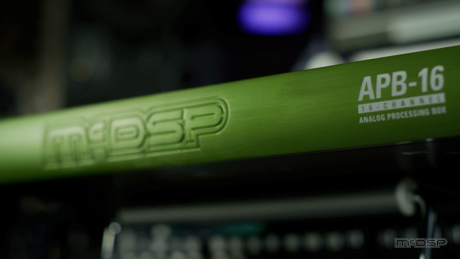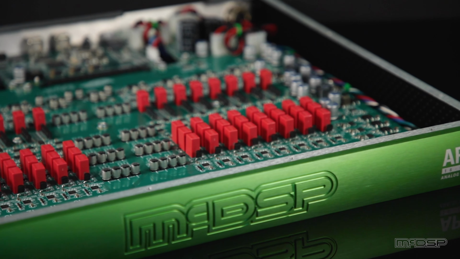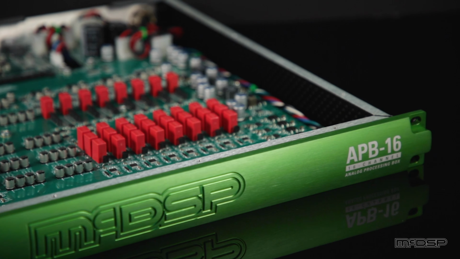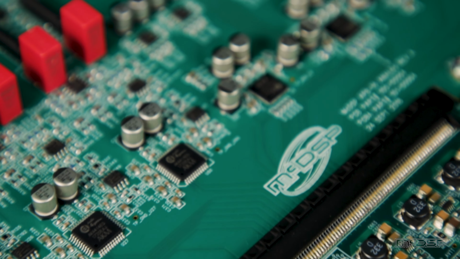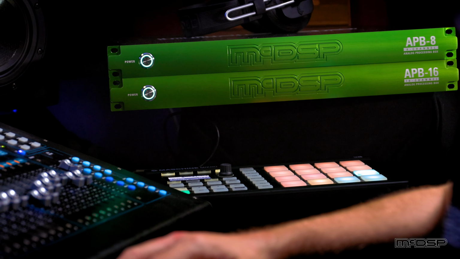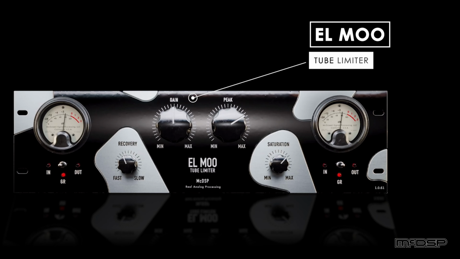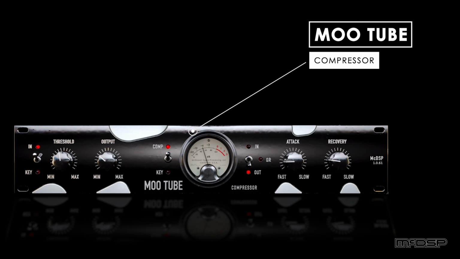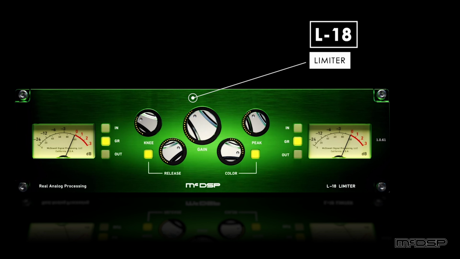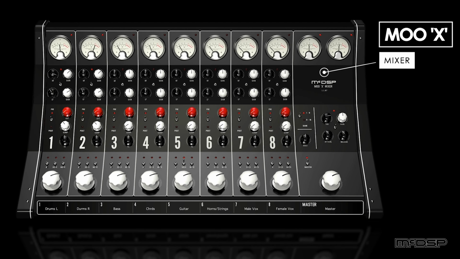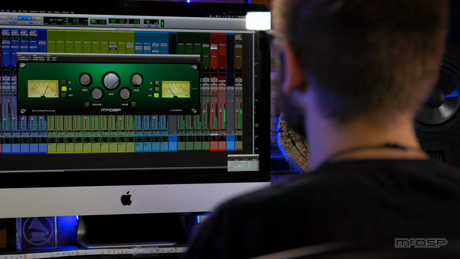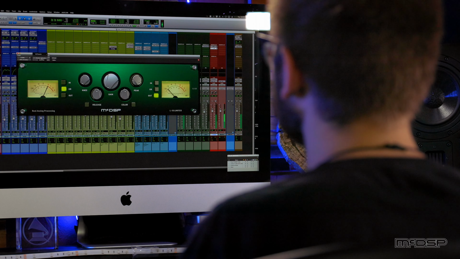APB features include premium analog components, multiple analog saturation circuits, and AKM 32-bit DAC and ADC converters that process your audio straight from your DAW via a Thunderbolt connection. APB channels are controlled with sample-accurate precision by a growing collection of APB plugins that support AAX native, AU, and VST3 formats. Users can create presets, automate parameters, and restore sessions instantly, while still having the sound of real analog